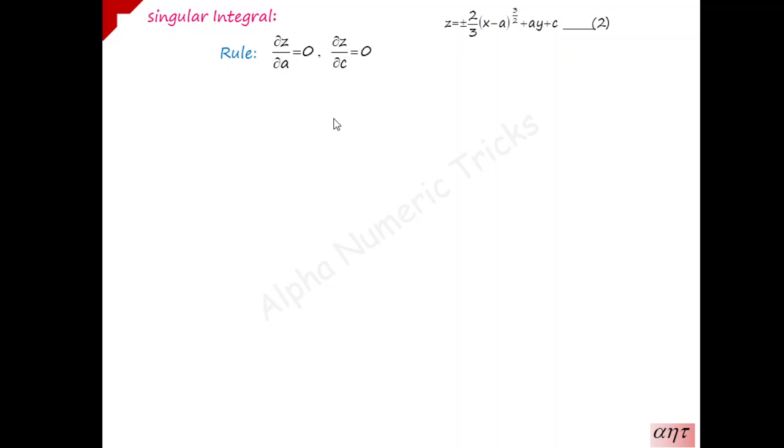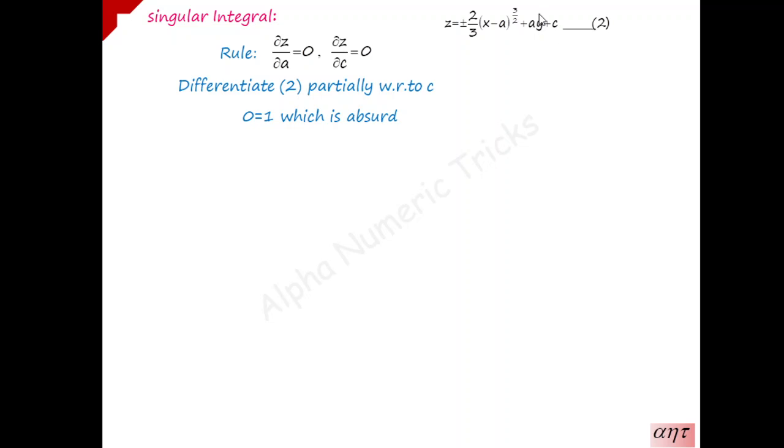So you have to use this rule and differentiate this with respect to the arbitrary constants a and c, but here c is separately there, so no need to differentiate this with respect to a. So differentiation of c is enough to conclude our result. Okay, so differentiating this with respect to c, we get dou z by dou c. By using this rule is equal to 0 is equal to differentiation of this term with respect to c becomes 0,